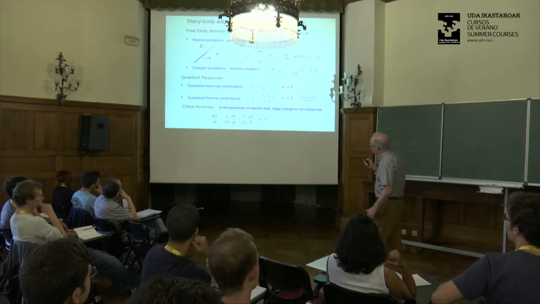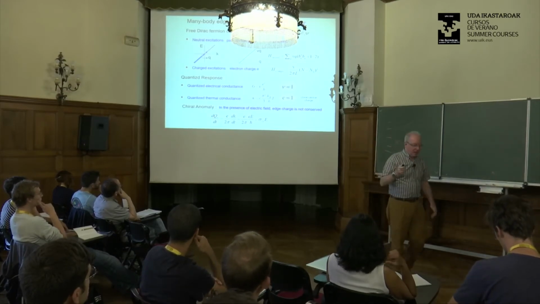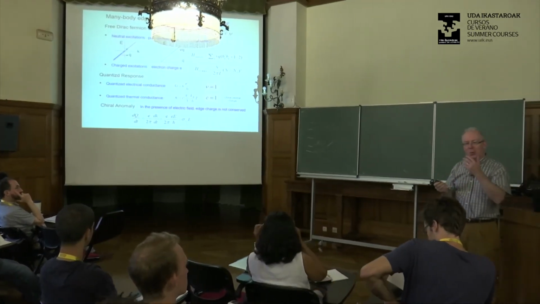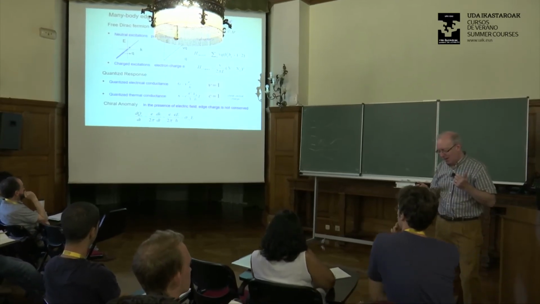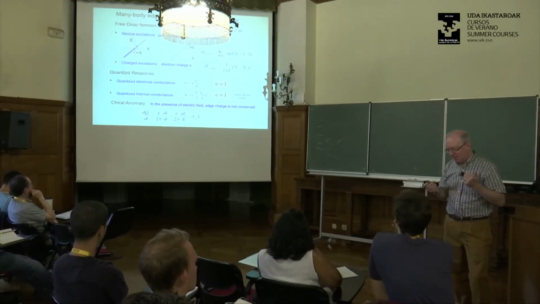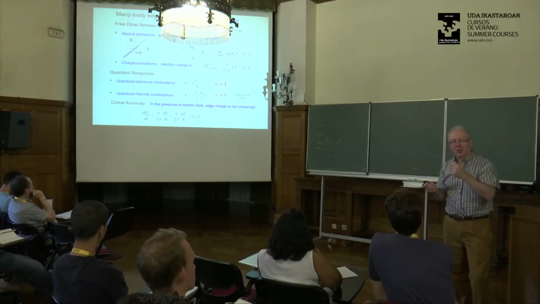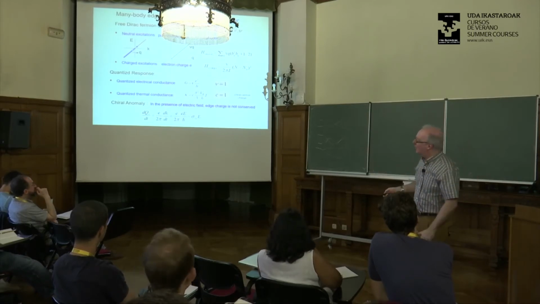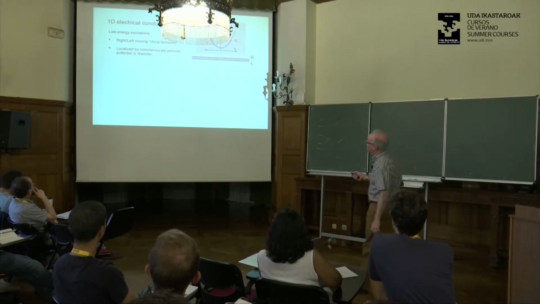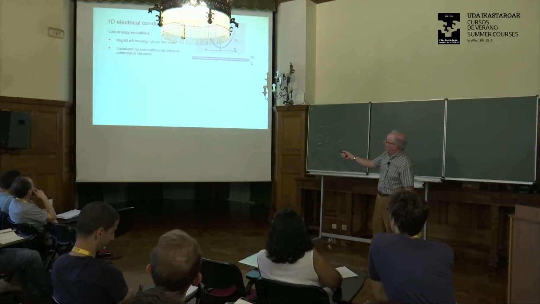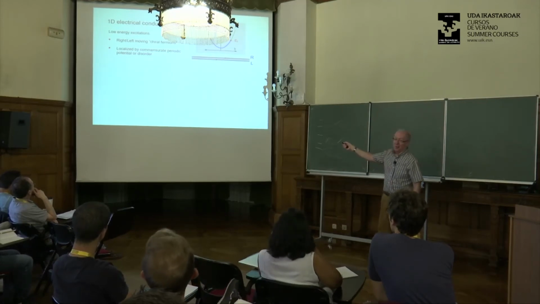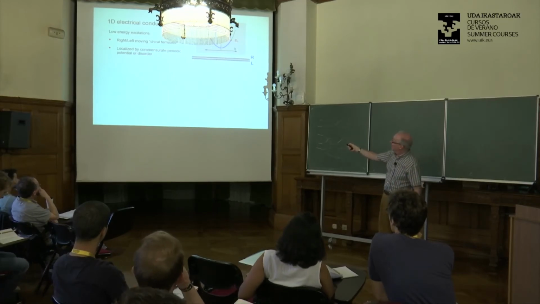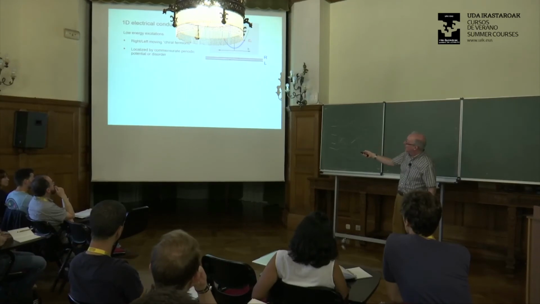So I have one more thing I want to say about the quantum Hall effect, which is to make the point that it's kind of the same thing. When I told you about the Su-Schrieffer-Heeger model, I told you that it's a way of splitting the indivisible, splitting an electron in half. And in a way, the quantum Hall effect is kind of the same thing. Let me just show you the way it's the same. If I start with a one-dimensional electrical conductor, imagine I have both left and right movers, and I have to have both of them together. I can't have just one of them by themselves.